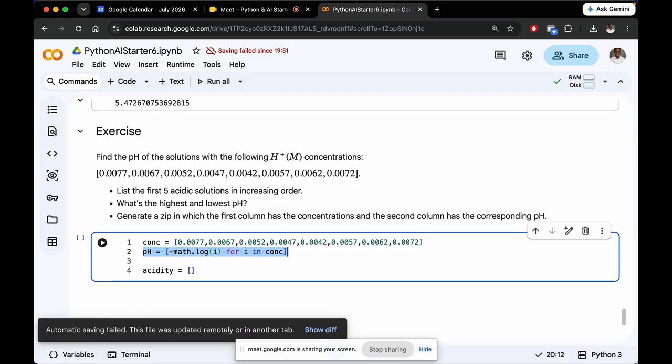I'll put that inside acidity list so that it makes sense. So we are just returning all the acids: x for x in pH if pH is less than